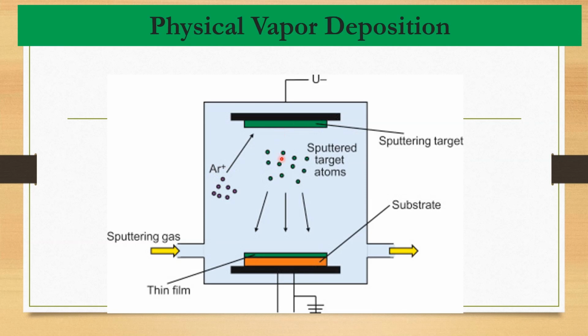and these atoms are dislodged from the surface, and these atoms move towards the substrate. And on the surface of the substrate, these atoms are deposited and result into the formation of a thin film or a coating. And on the right side of this chamber, you can see that if some volatile gases are there, sputtering gas, unused gas that goes out of these